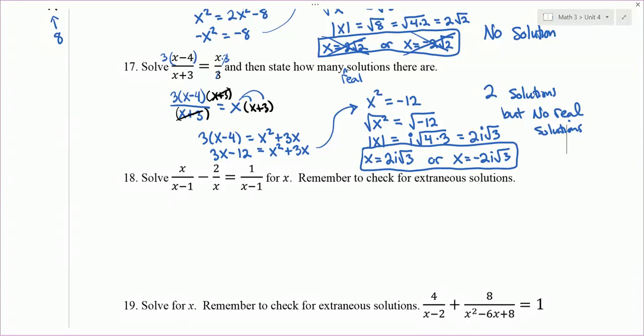Number 18. Okay, now we have three fractions. Two of the fractions have the same denominator though. Two of them have the denominator of x minus 1. So I'm going to multiply all three fractions by x minus 1. That allows me to cancel out the denominators and get rid of two fractions. So I'm left with